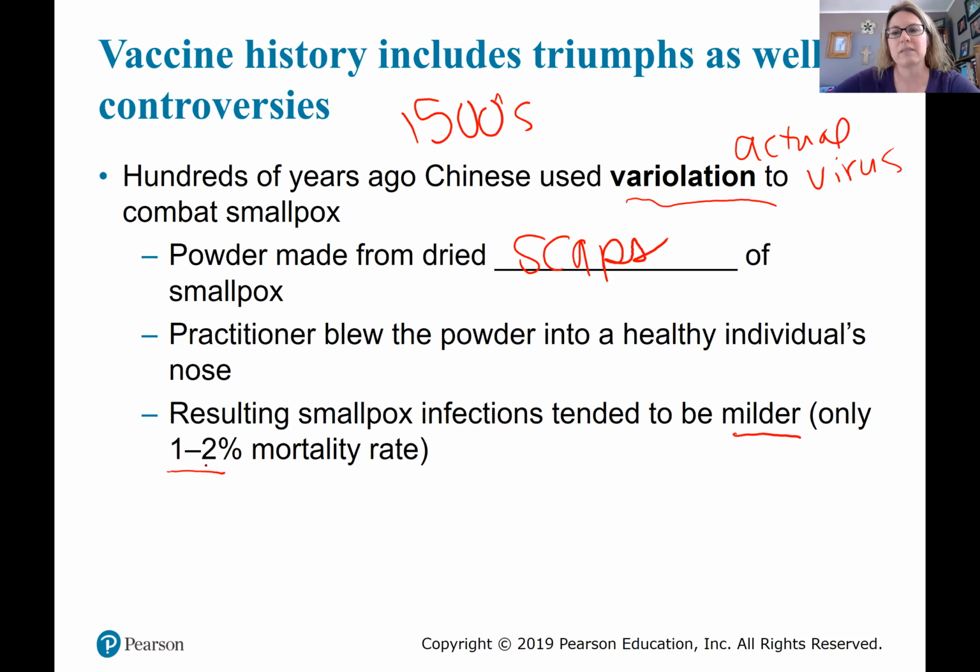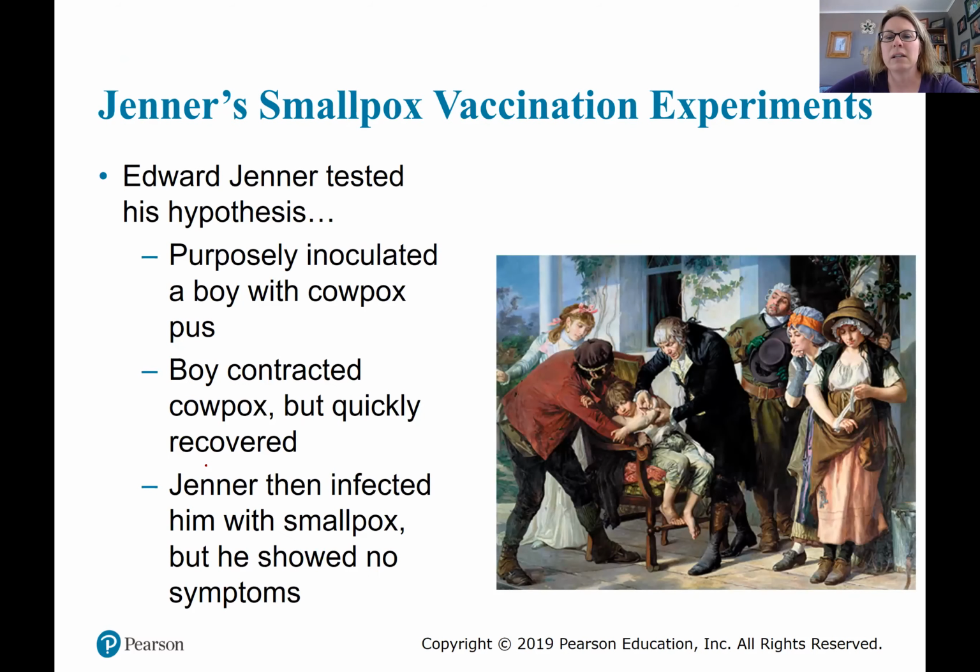But this process of using the immune system and training it to help us overcome certain diseases started back in the 1500s. And in England, they didn't like the 1 to 2% death rate. That was too much for them. And remember our golden age of microbiology, with all of these new advances. Well, in 1796, Mr. Edward Jenner made an observation, and I think we talked about him on the first day of class,